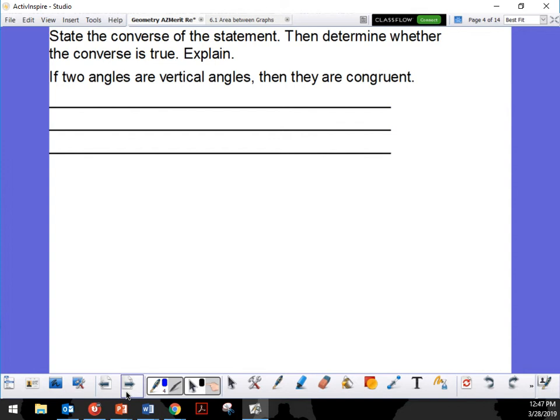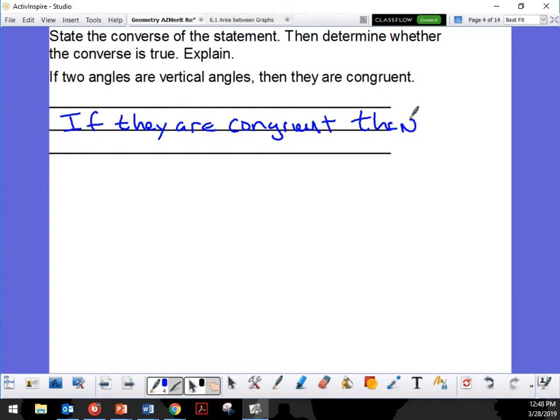So now let's look at this. It's a finger. And not all fingers are thumbs. Okay. So for this one, if two angles are vertical, then they are congruent. Okay, so let's do that. Let's flip it around. So if they are congruent, then